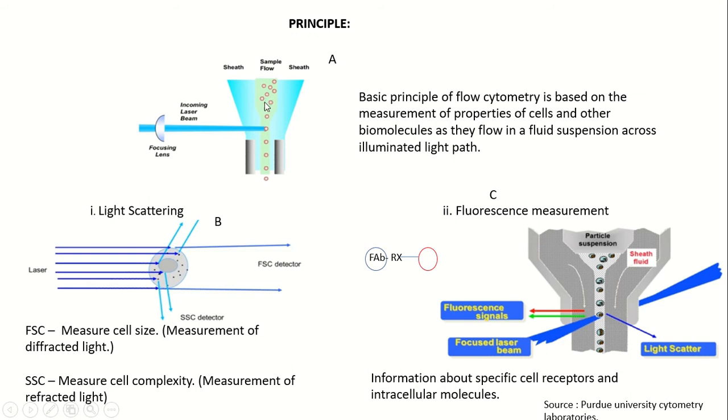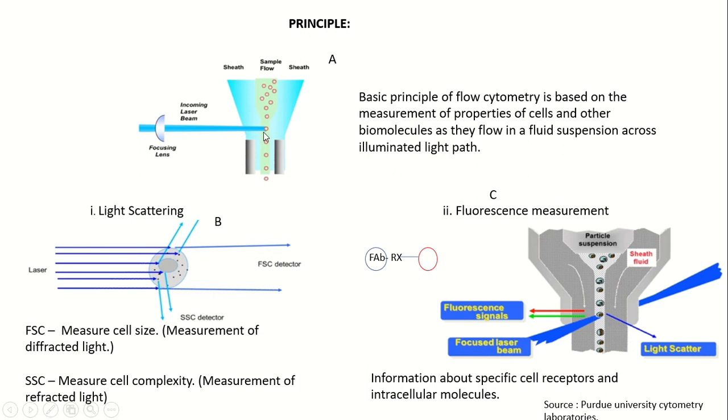How we can achieve this, I will explain in the fluid mechanics of the instrumentation. So this is the main principle: make a stream flow of cells, pass it through the path of illumination,